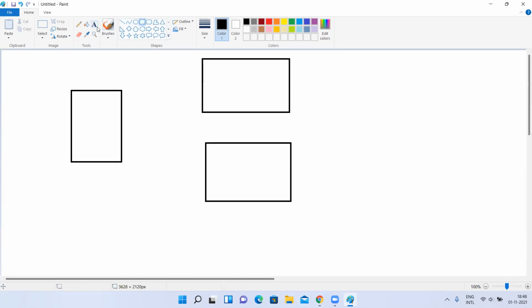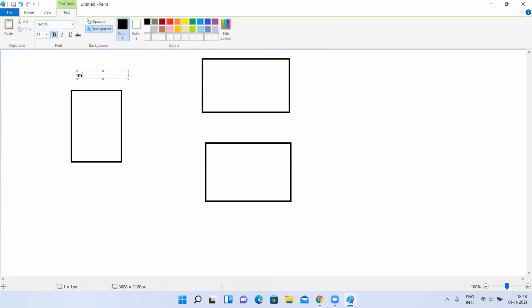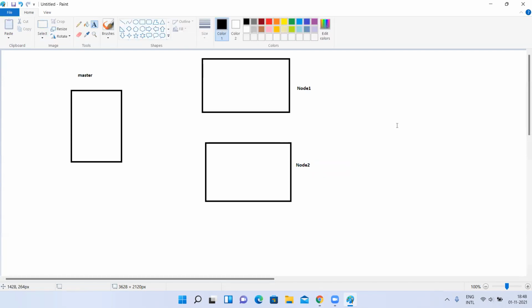So this is my master. This is my node 1. Is that visible, guys? Yes, sir. Okay, node 2. Okay, master, node 1, node 2. So now, in general, yesterday someone asked this question, so I thought to cover this now. I forgot who asked this. I think Tejeshwar only.